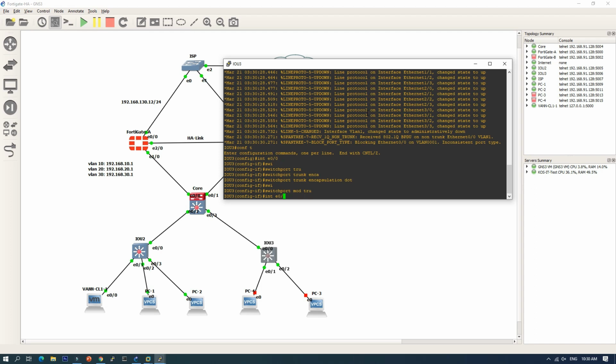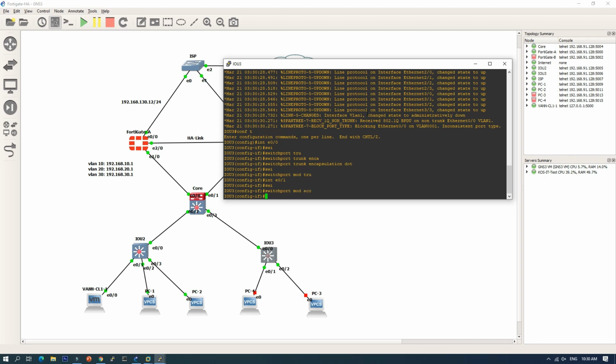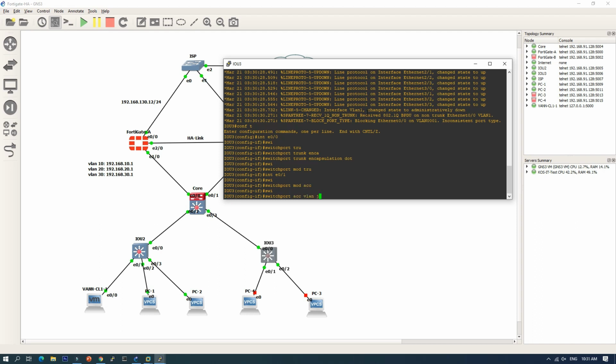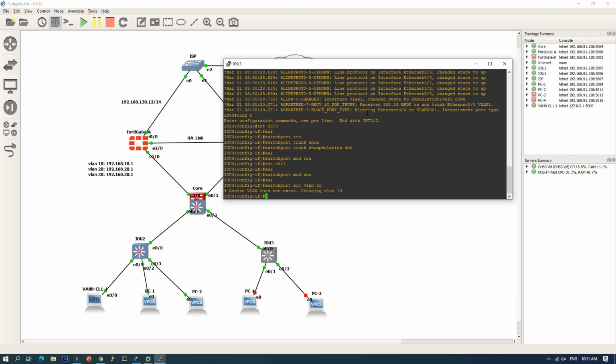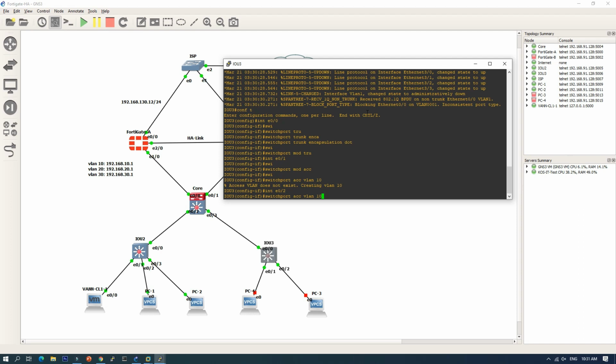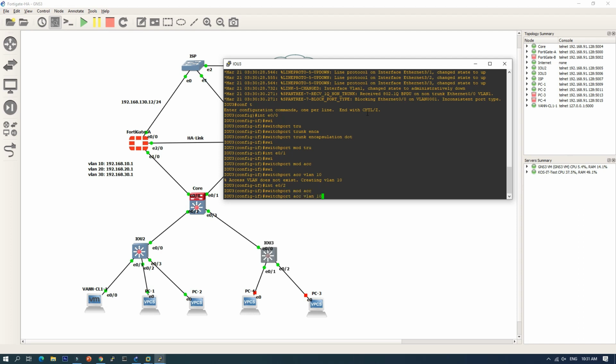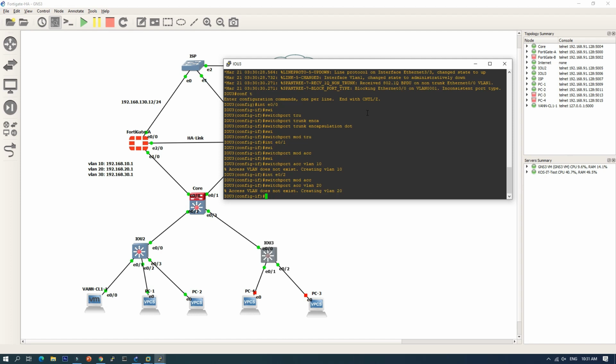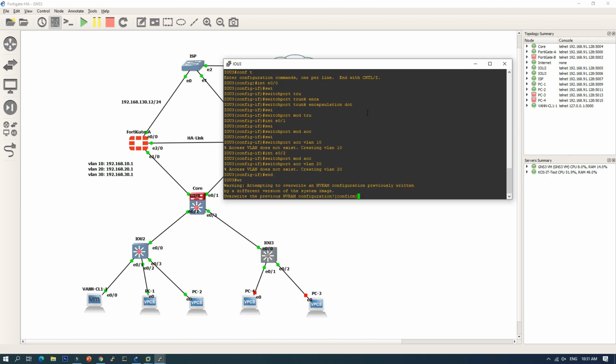Okay, this one switchport mode access, switchport access VLAN 10. Okay, switchport mode access, switchport access VLAN 20.